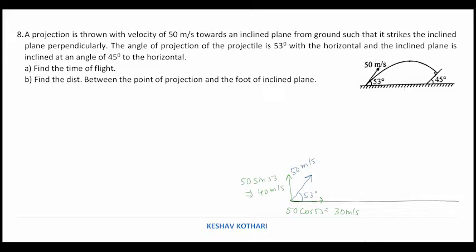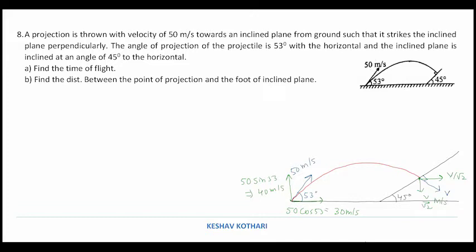Now at a certain distance there is an inclined plane making an angle of 45 degree. So if I draw the trajectory of this path, the trajectory is somewhat like this, and it is hitting perpendicularly. So if it is striking perpendicularly, I am making it over here that the final velocity is like this, and on breaking the component we obtain v cos 45 degree, that is v by root 2, and v by root 2 in the downward direction.